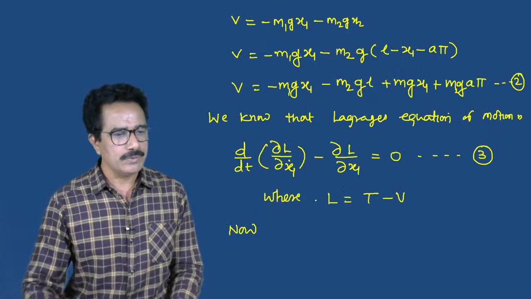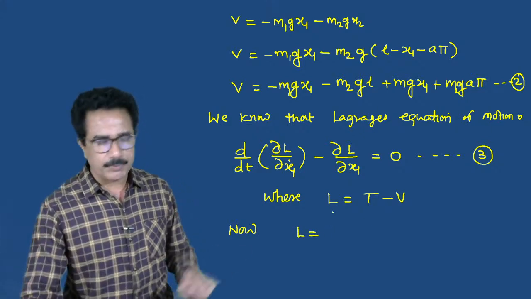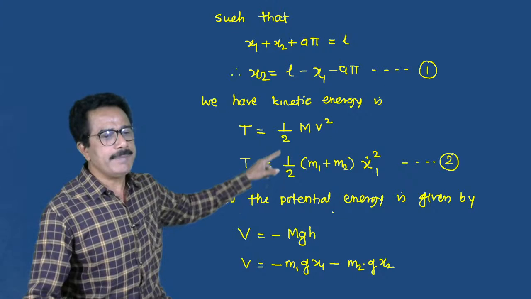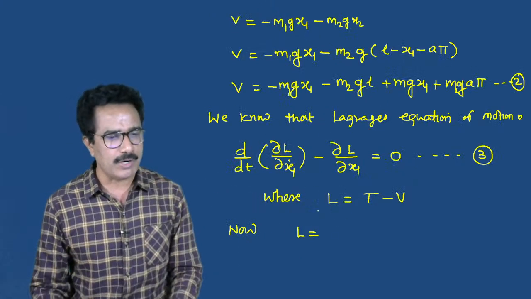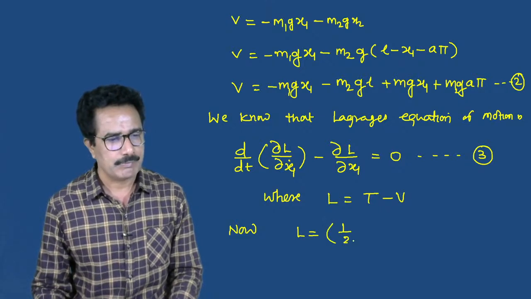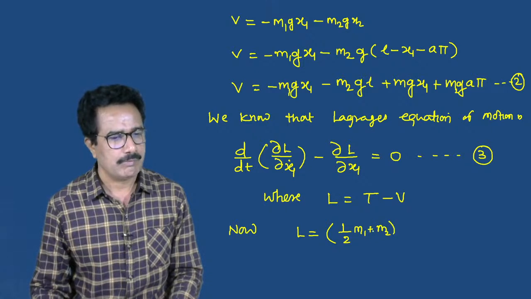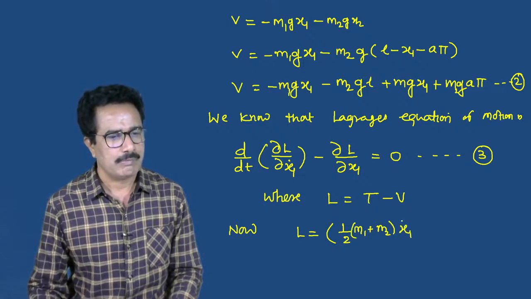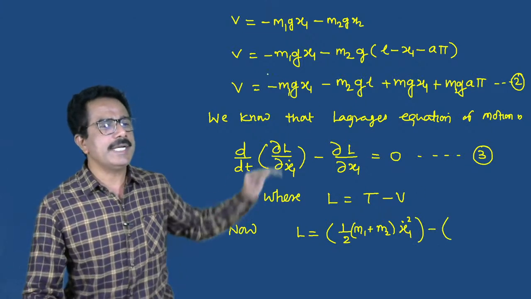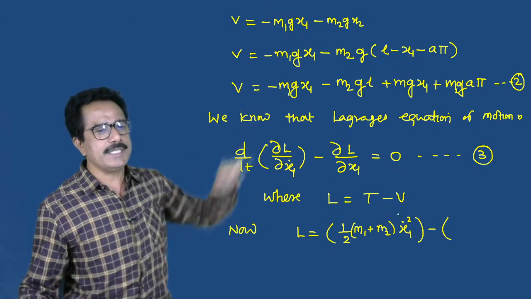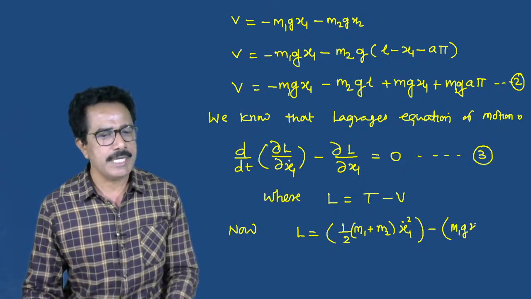L is equal to T; put the value of T. T means 1 by 2 (m1 plus m2) x1 dot square, minus V. V means we can write this as m1 g x1